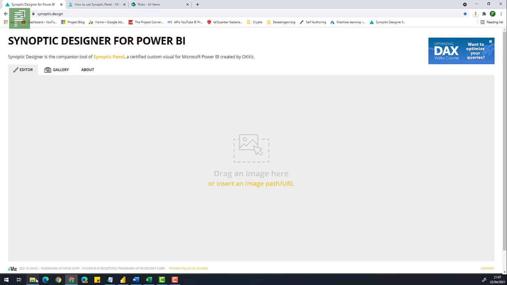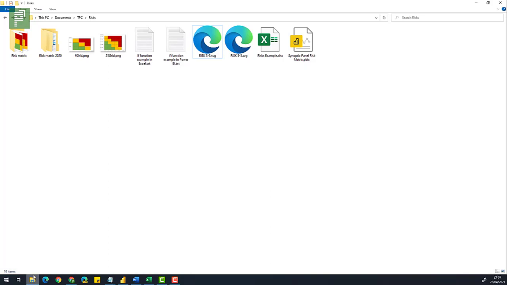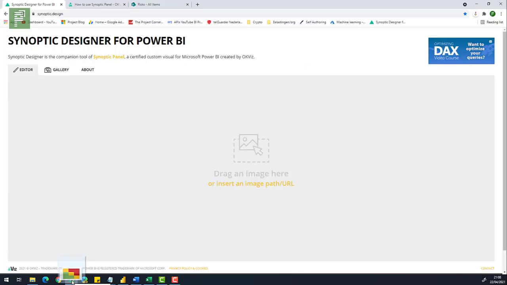So here we go. I have a folder open, and if you're a member of the Project Corner newsletter subscription, then you'll get access to all these files, and we'll get to these in a moment, and we'll get to this one and the actual Power BI report as well. What we need to do is we need to create that 9 grid and that 25 grid risk matrix. So what I'm going to do is I'm going to drag this file here,